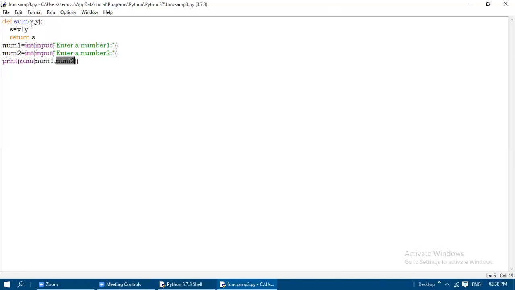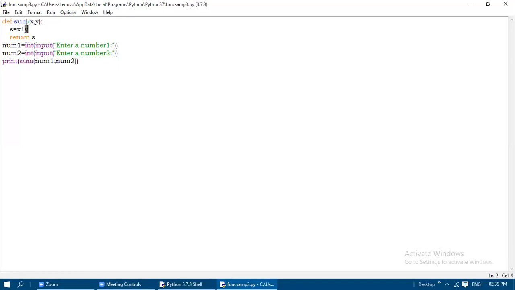But here if you notice the difference, in formal parameter and actual parameter, we are not using the same name. You need to give different names only for differentiating the actual parameter and the formal parameter. So here num1, num2 are actual parameters, and these two are the variables used inside the function definition or function header, known as formal parameter or formal argument. So this difference you should know when you are studying this functions lesson. And this num1 value is copied to x, and then num2 is copied to y. So next x will be assigned with num1 and y will be assigned with num2.